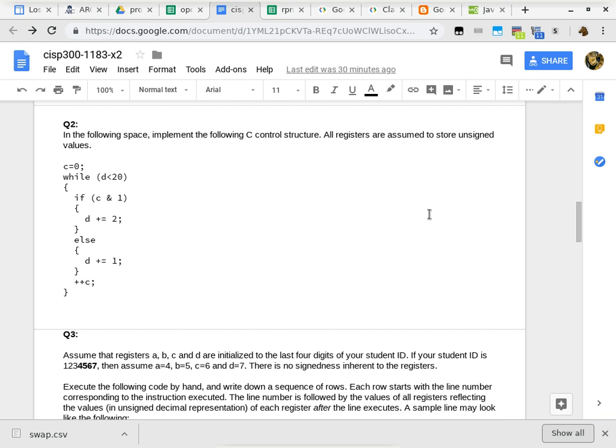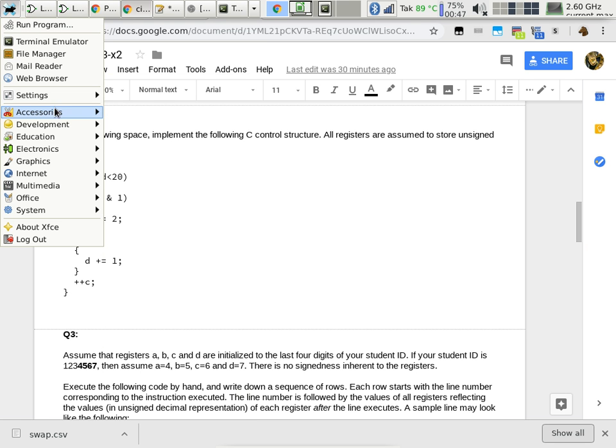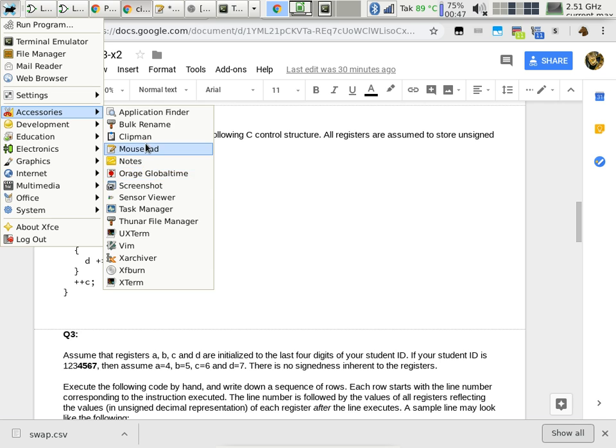So what you need to do, if you want to go through the step-by-step process of flattening first and then converting the comparison and stuff like that, that's fine. If you want to just eyeball this and go like, yeah, I can do it without flattening first, that's fine too. Whatever you do, you just have to make sure that your assembly code reflects the behavior of the C code. So I'm going to give you the solution of this one